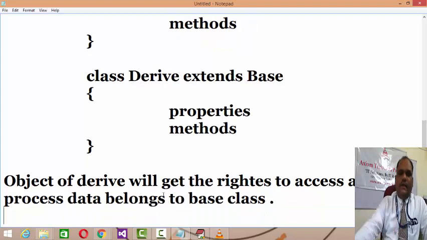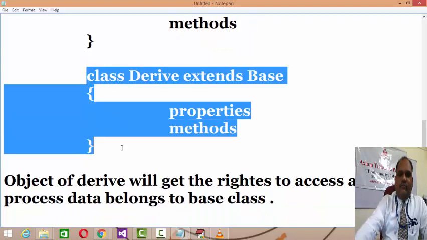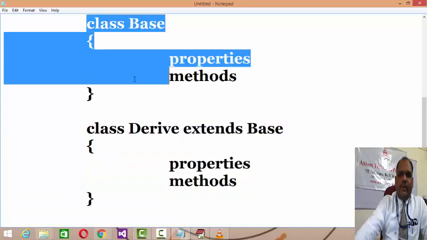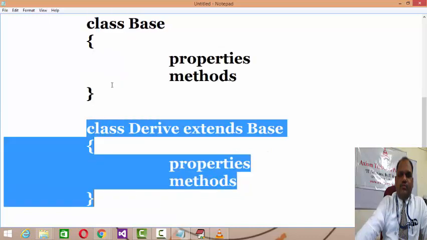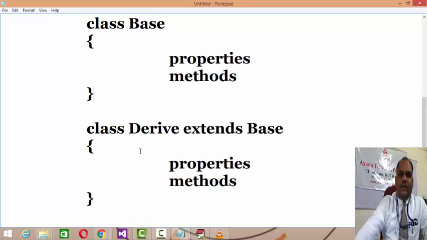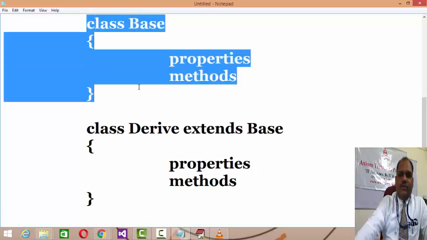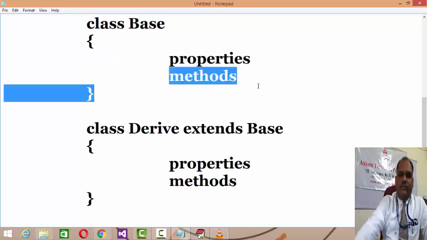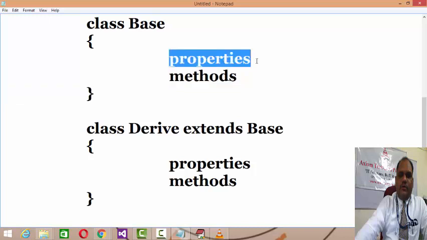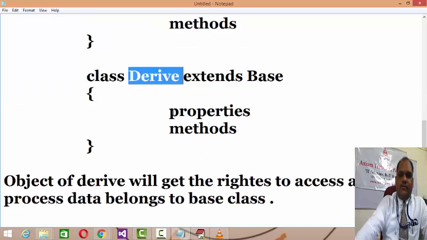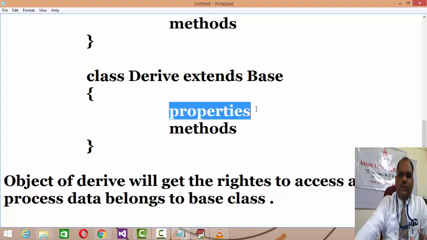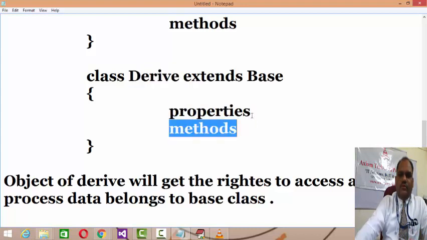As I said, these two classes, base and derived, are individual classes. If you create the object of the base and call its methods, then you can access and process the properties belonging to the base. If you create the object of the derived class, it will get the rights to access and process the data belonging to the derived class.